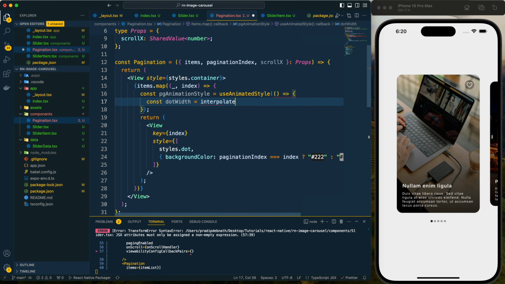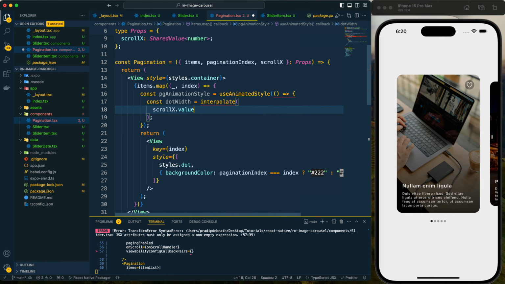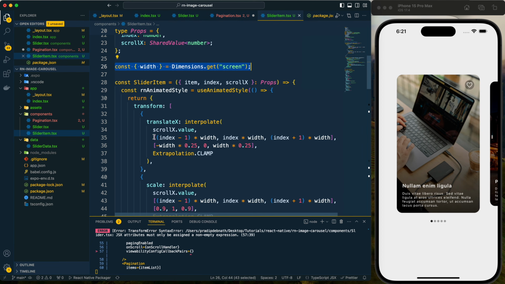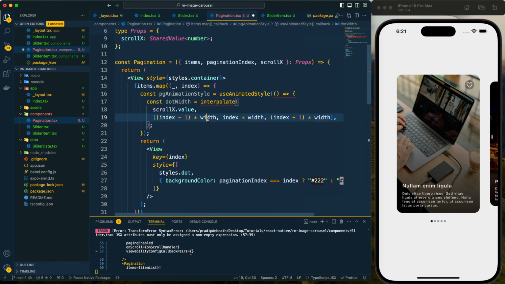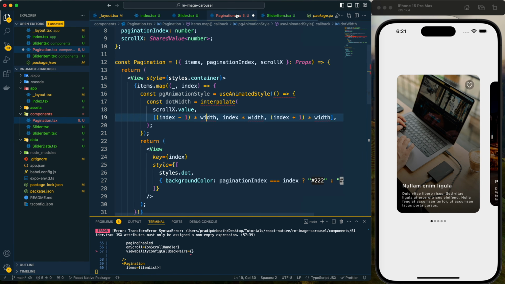And to provide the animation we need to have the interpolate function, and let's provide the value of it. And for the input range it would be same as this one, so I can copy it from here, and we need to provide the width as well, so let's copy that.